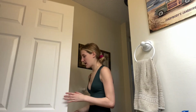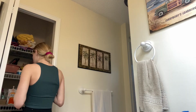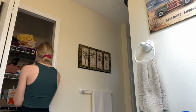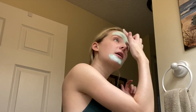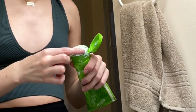Okay, after that, I pick out a face mask. Where is it? Ah, found it. It was in the back. Now we're gonna put on this face mask. I love the color of this one. It's Avocado and Oatmeal Clay Mask by Freeman. Putting on a face mask is so therapeutic, I think. I just love it, but taking it off is